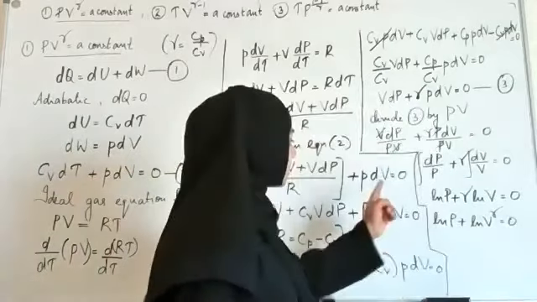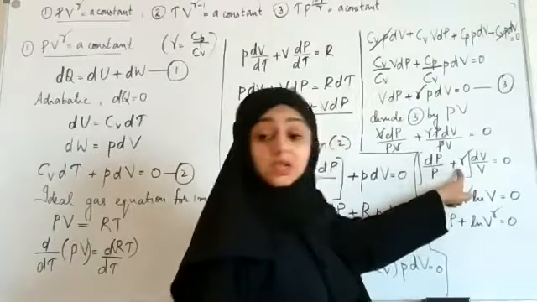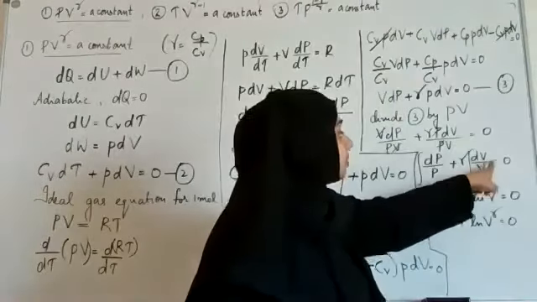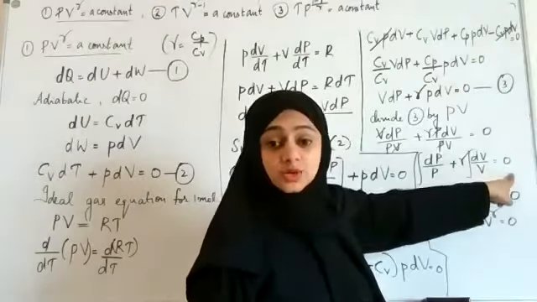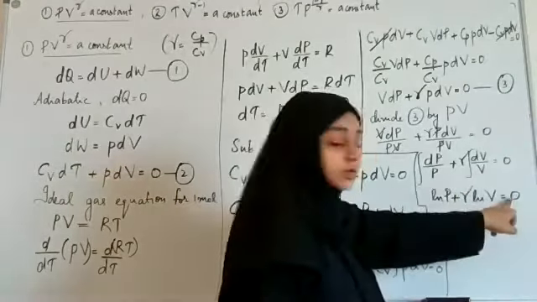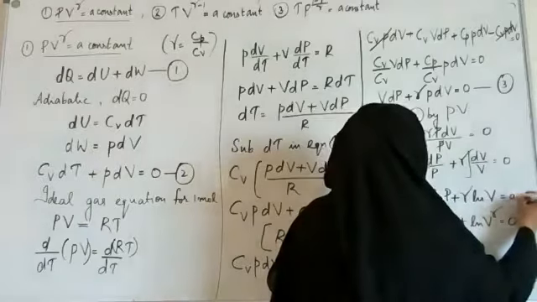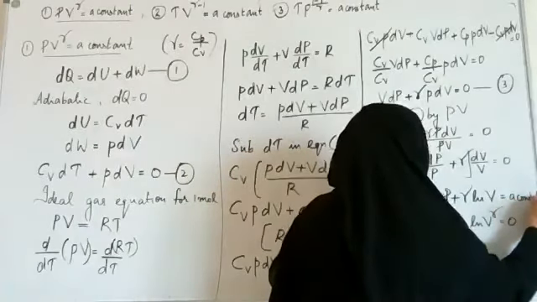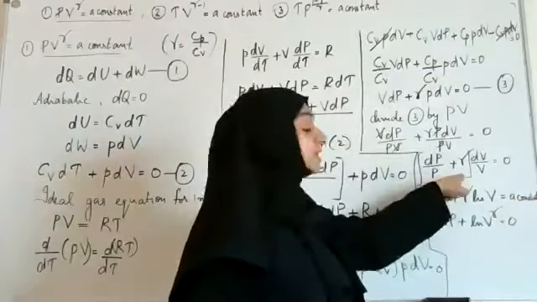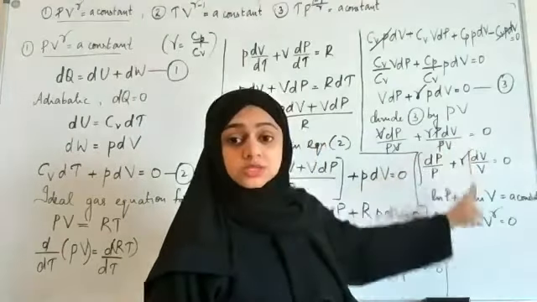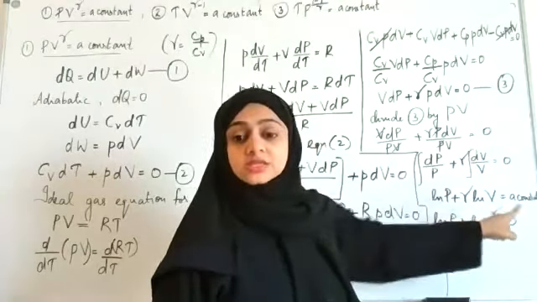I'm sorry, I made a mistake here. We are integrating without limits, right? We are integrating without limits. So I cannot just write like this. It should be plus a constant is equal to 0, because integral of 0 will be just a constant. So I have to write it as, instead of equal to 0, a constant. If you are integrating with a limit, you need not write it as a constant. You can put the upper limit and lower limit. But now you are integrating without limits, so you have to write this as equal to a constant. So this also will become equal to a constant.